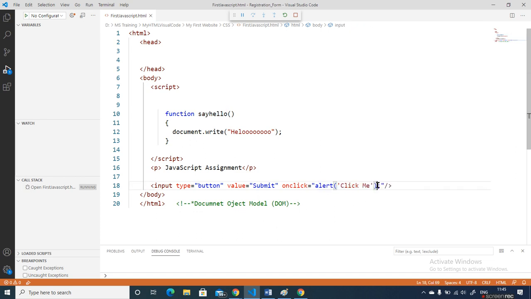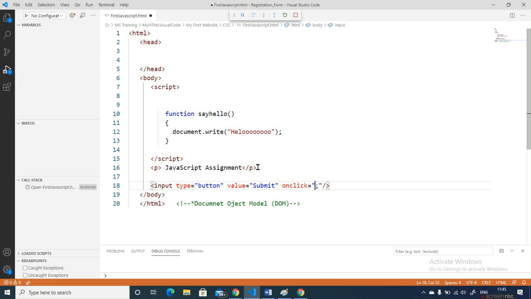Earlier I called a function that was already defined by JavaScript. There are many functions already defined in JavaScript, but now I'm calling my own function. Right now we are not on functions, so you don't get more clarity on them, but gradually you will understand.